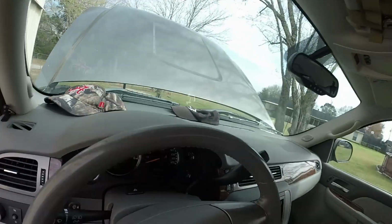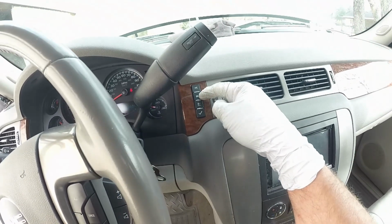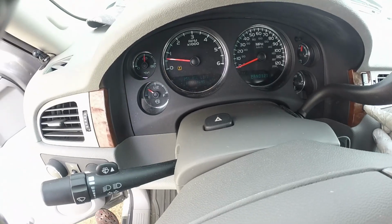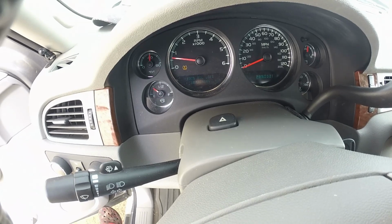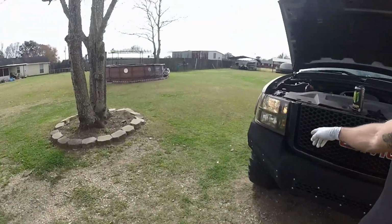All right, the way you reset your oil life amount right there is you click over on the vehicle I button, and then once you get there, you're gonna hold the check mark button and it goes back to 100%. So, pretty simple, pretty easy. Truck is done. So it's looking pretty good, pretty good. My lights are all working now. Just replaced a few of them. So it's almost